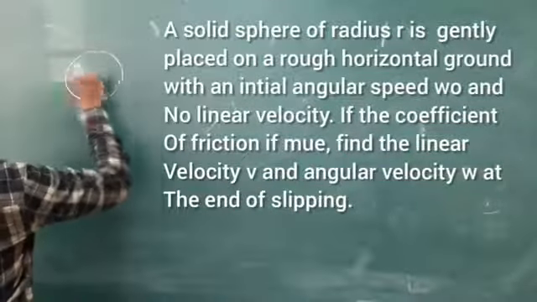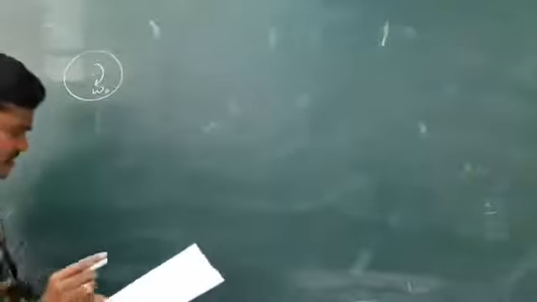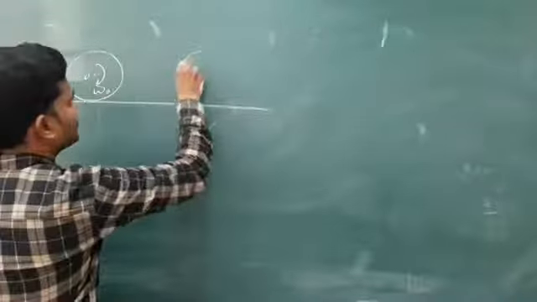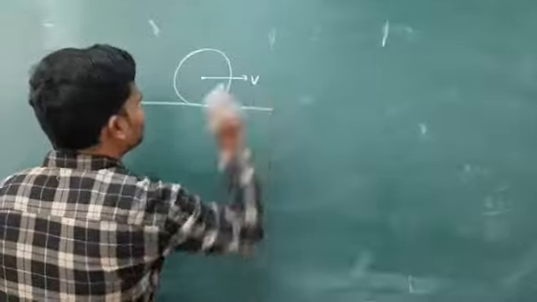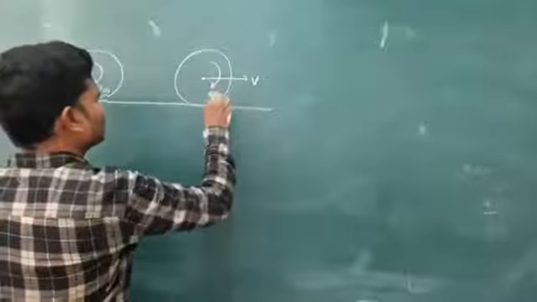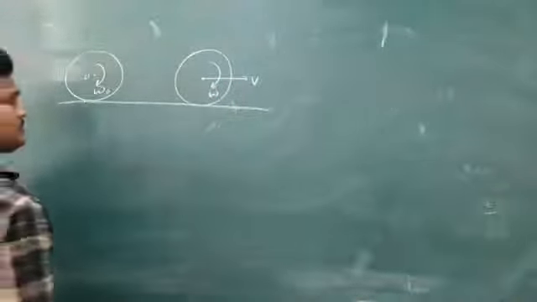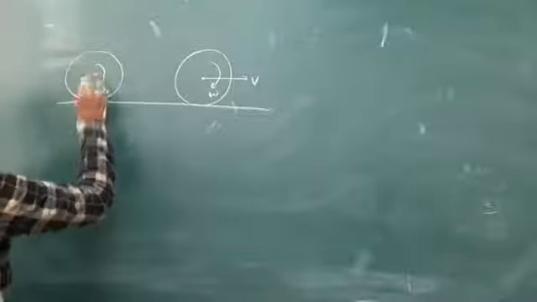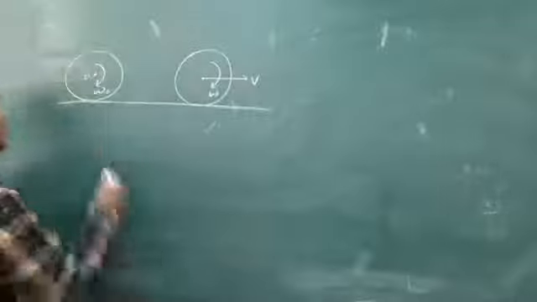So here, initially they given angular speed omega naught, radius is r, and they mentioned sphere. Okay, sphere means sphere about this axis is 2 by 5 mr square. And after some time, this sphere will attain some linear velocity v and angular velocity omega. Angular velocity changes because of this one. At time t is equal to 0, and this is at certain time t, so these things will come in rolling motions, so that I will continue. But here let me apply directly.